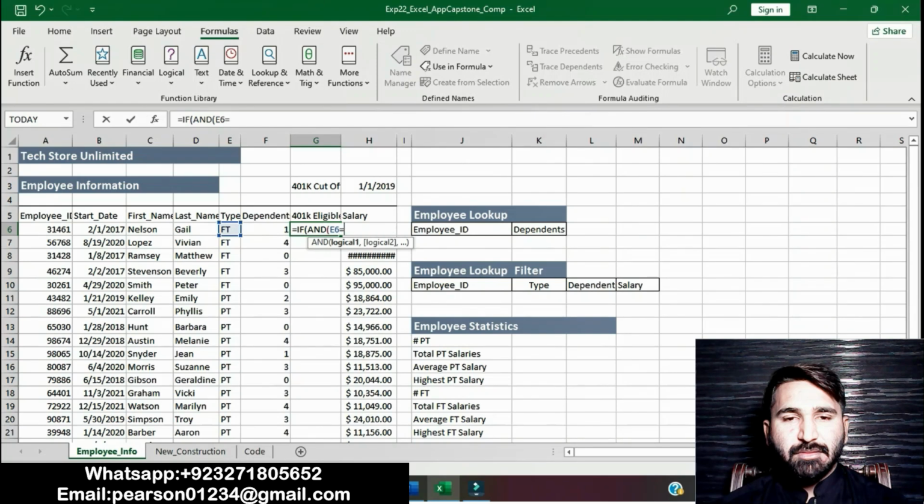Then we enter the statements: the employee type is equal to full-time, and the hire date is less than H3. Then Y for yes, then N for no. Then press Enter. It will show Y.